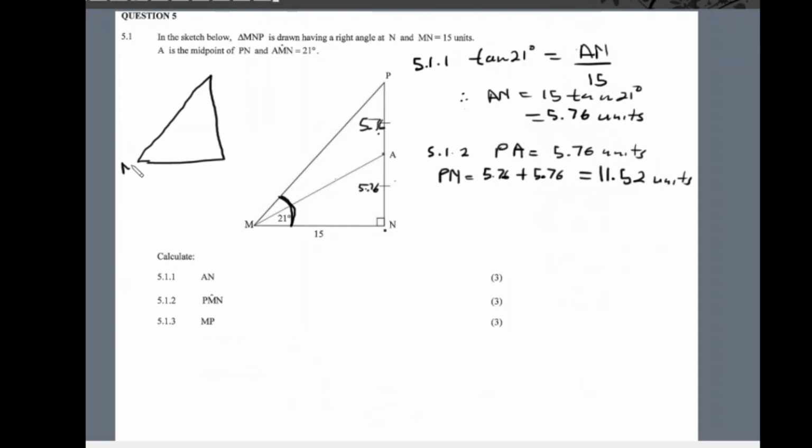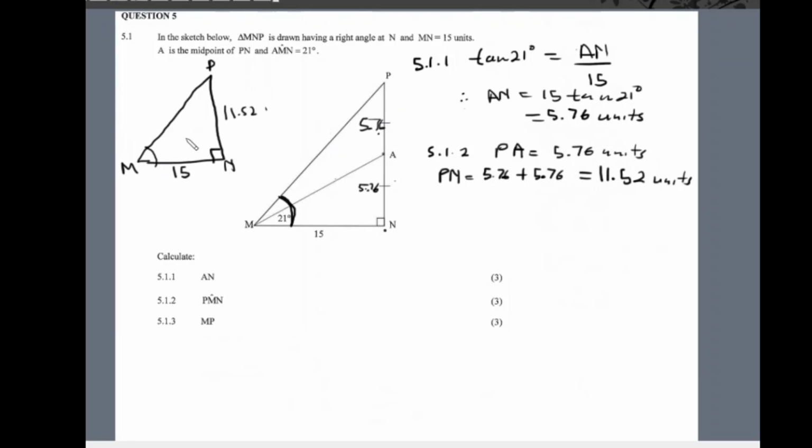this angle M that we want to calculate, and then we have N here, and our right angle there, and we know this is 15 units, and then we have P there, and we know this is 11.52 units, right? That is the bigger triangle. So this is the triangle that we're looking at, this bigger one. Now calculating angle M,